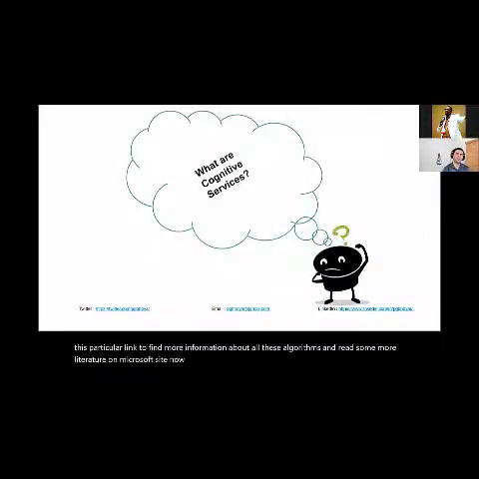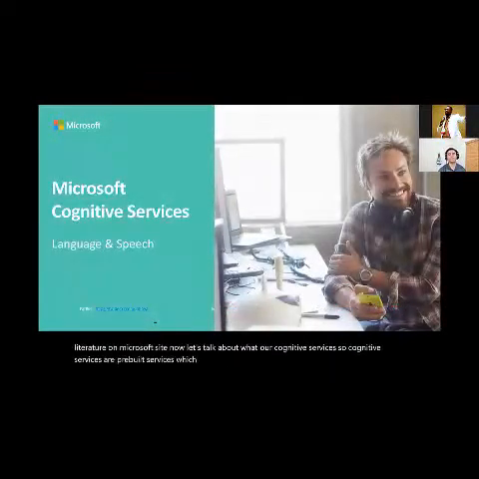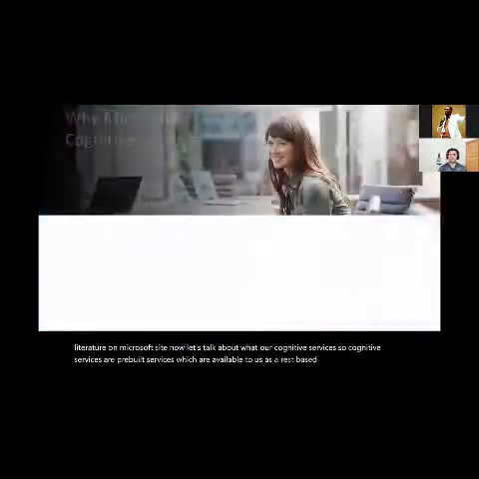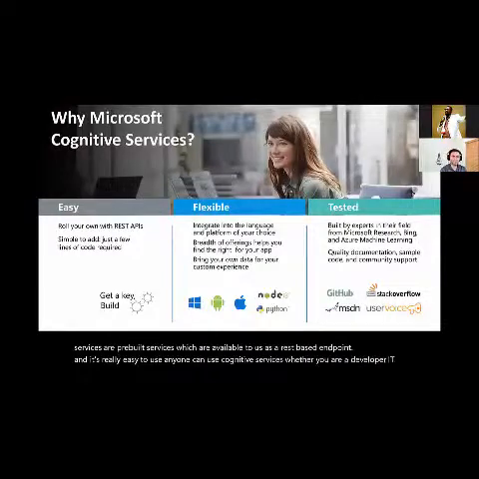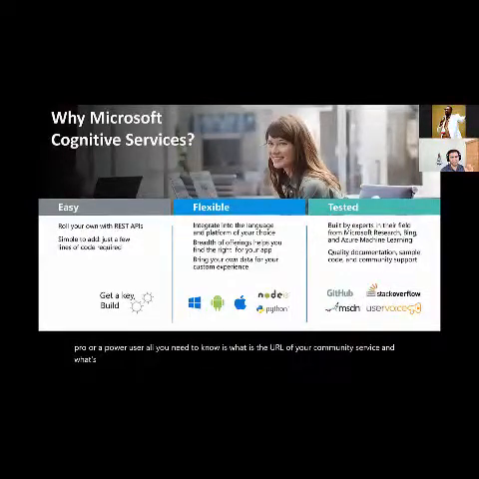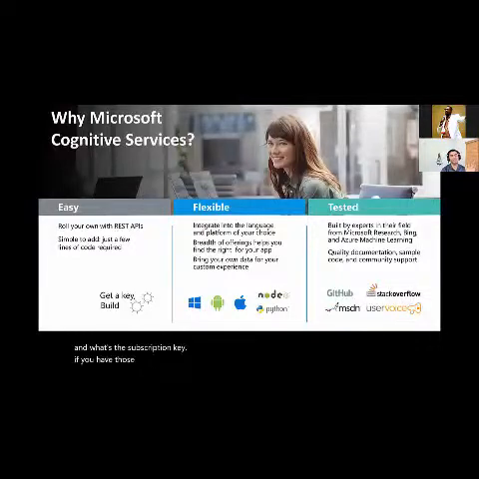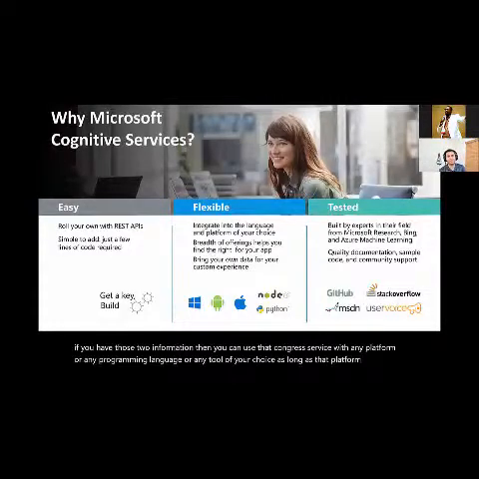Now let's talk about what cognitive services are. Cognitive services are pre-built services which are available to us as a REST-based endpoint. It's really, really easy to use. Anyone can use cognitive services, whether you are a developer, IT pro, or a power user. All you need to know is the URL of your cognitive service and the subscription key. If you have those two pieces of information, then you can use that cognitive service with any platform or any programming language or any tool of your choice, as long as that platform, programming language, or tool allows you to consume REST-based